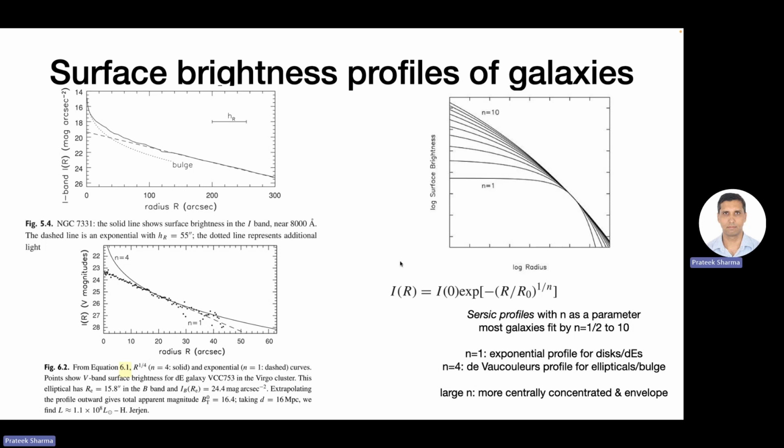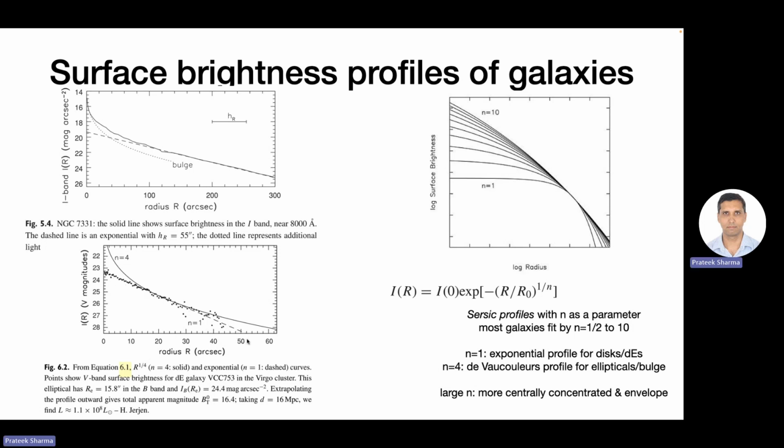So I'll actually tell you what the n is that I'm referring to. n equal to 1 is just an exponential disk, e to the minus r by r naught. n equal to 4 is intensity going like e to the minus r by r naught to the power of 1 by 4. That's a very famous profile, the so-called de Vaucouleurs profile, that's used to fit elliptical galaxies and bulges. So here we are showing a de Vaucouleurs profile and a disk sort of expected from the disk,